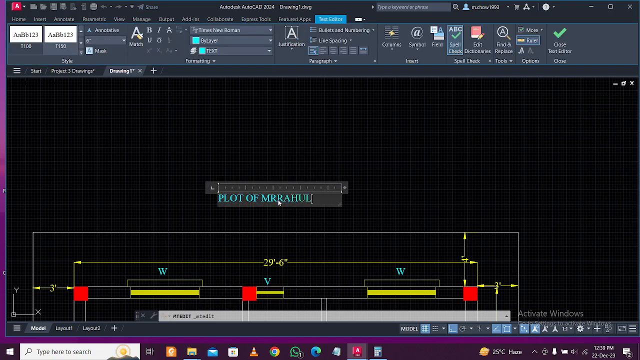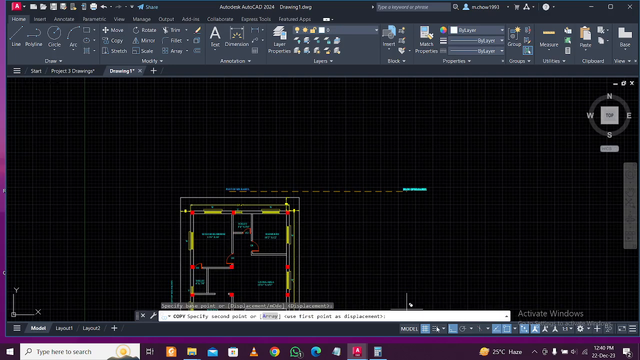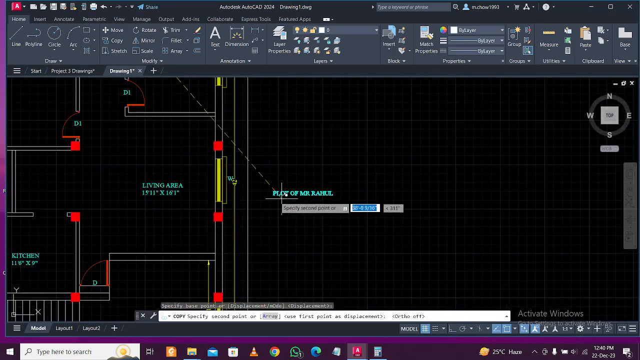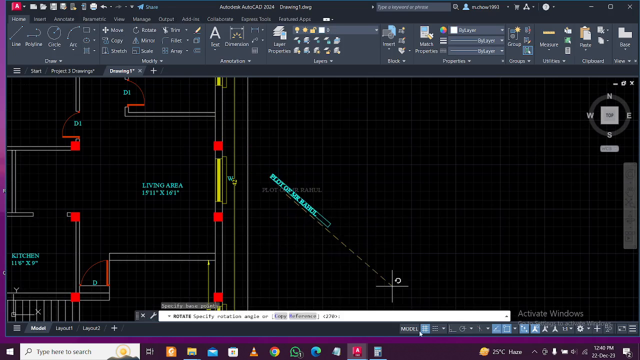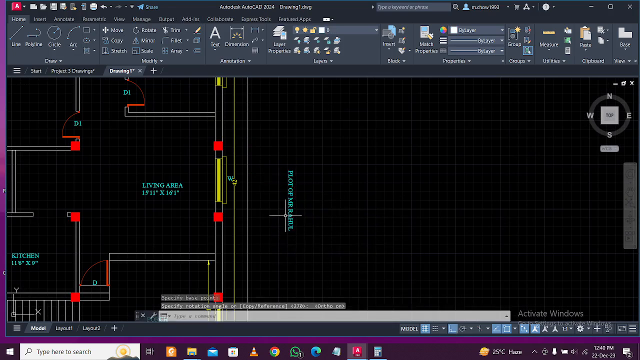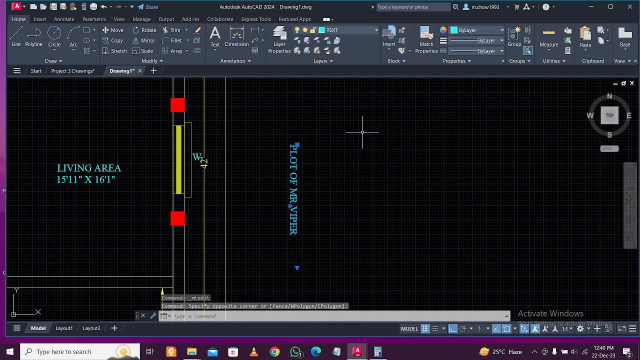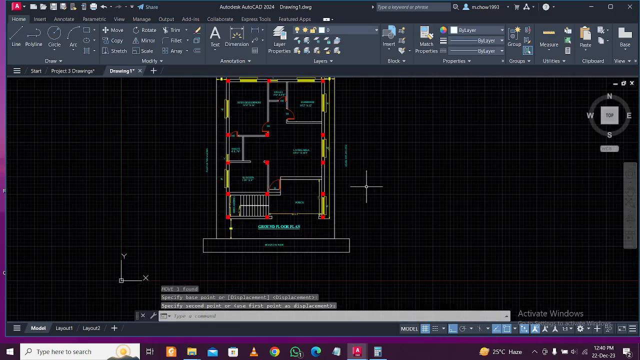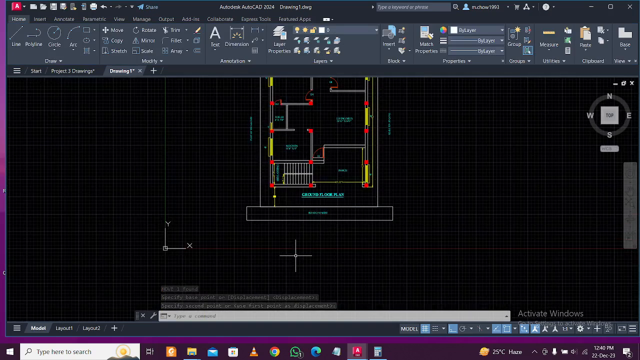Copy this and select this and right click and then rotate. Mr. Viper, so like this you make this, and then we make